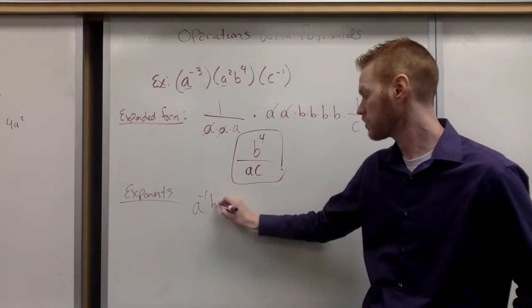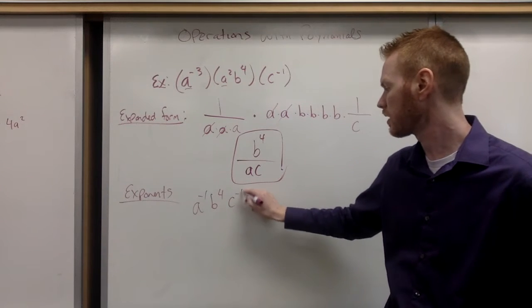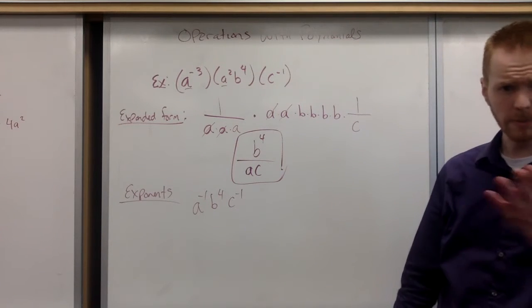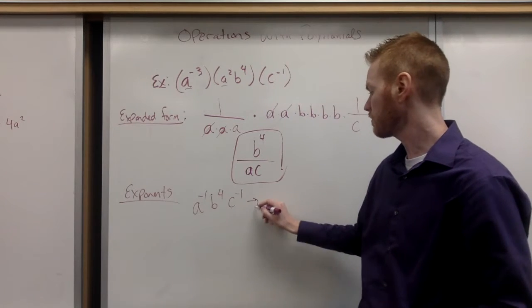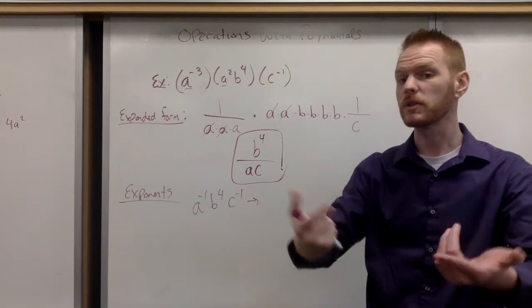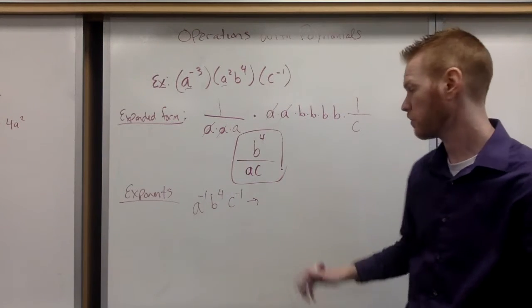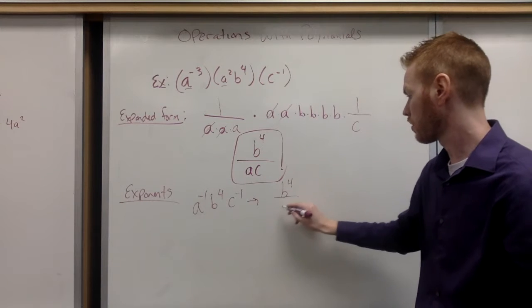B to the 4th is the only b's there, so we're just going to leave it as is. And then we have c to the negative 1 power. That'd be my first step. Second step, take care of the negatives. A and c both have a negative exponent, which means they're going to go in the denominator. B to the 4th is positive. It's going to stay in the numerator. Therefore, I get b to the 4th over a